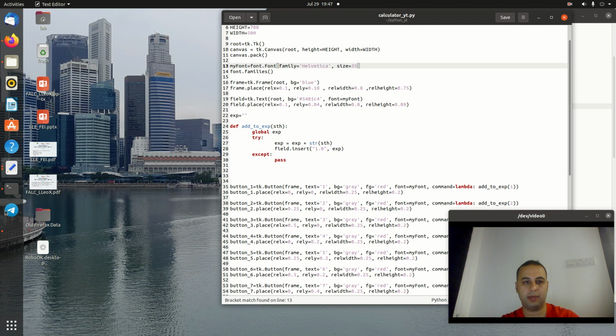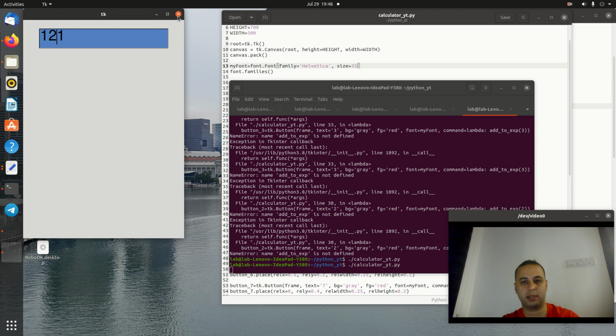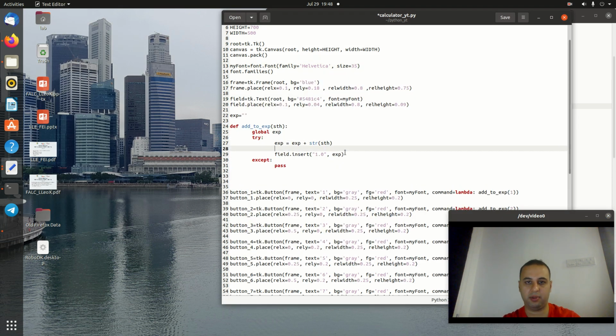Okay, whenever we click either of the buttons, the previous one should be deleted. Like when I click on number 1, then I want to click number 2, the 1 should be deleted and number 2 should replace it, right? So we add one function here before inserting to the field, the previous one should be deleted, right? So the field with this function